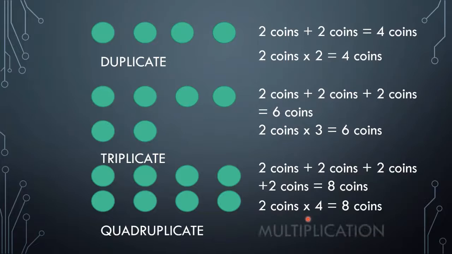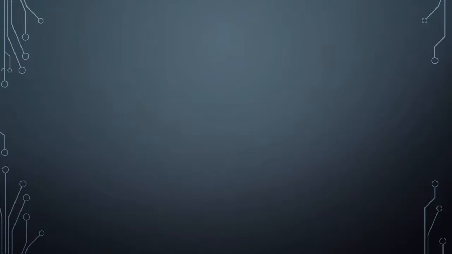So what we did was, basically, multiplication, or as you can see here, multiple addition. See? Multiple addition. Addition of 2 numbers here, addition of 3 numbers, addition of 4 numbers, which basically ends up with the same end result: 4 coins, 6 coins, and 8 coins. We can do multiplication of these 1 and 2 coins for 5 times, 6 times, or higher, but it will be longer. So to simplify,